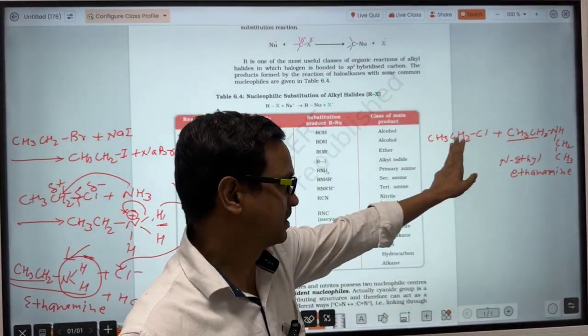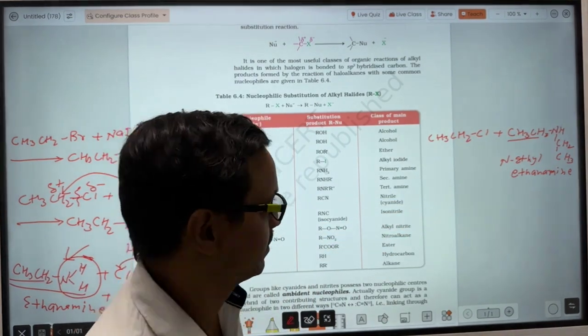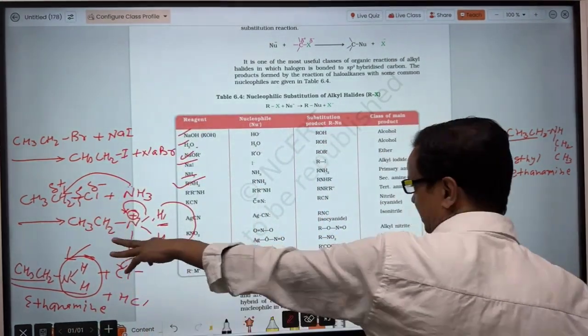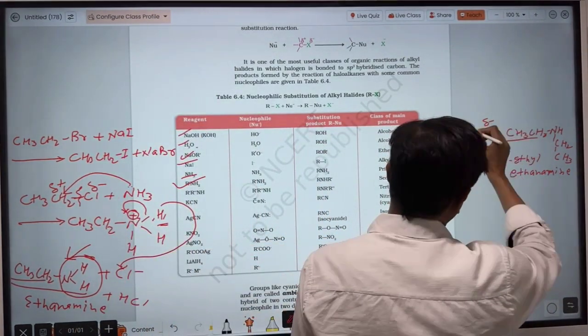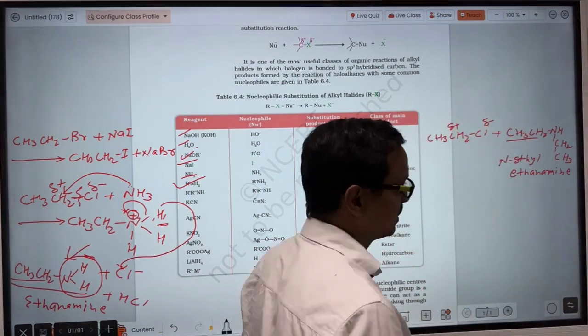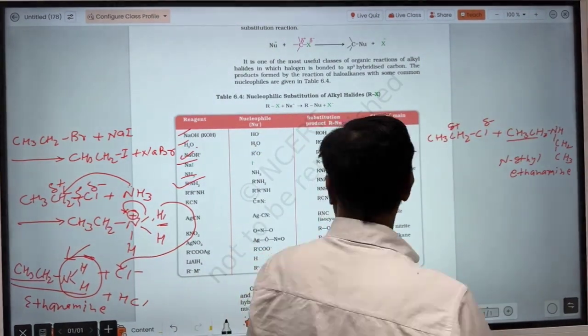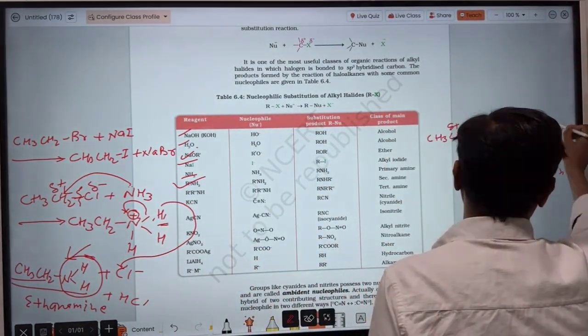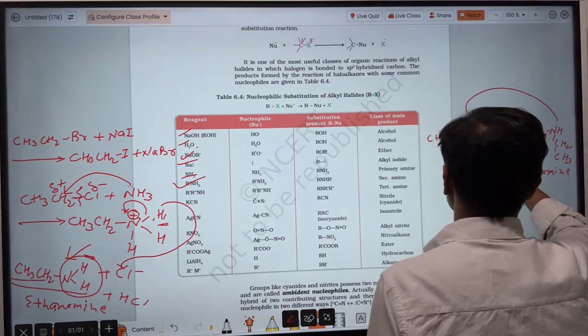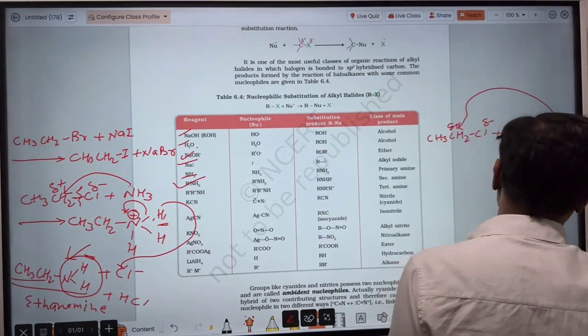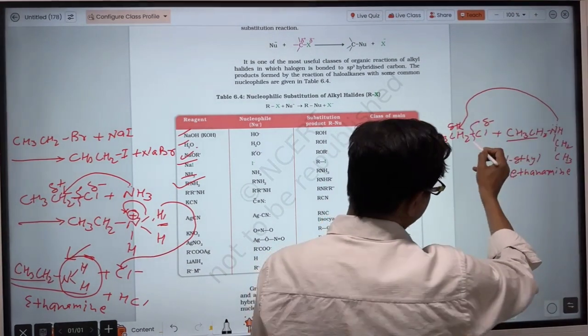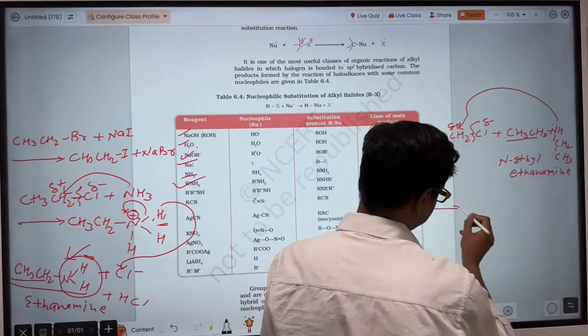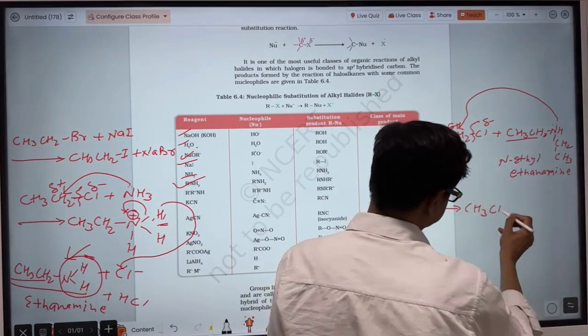So here I am reacting chloroethane with N-ethylethanamine. Same here as we did before. Here there is a slightly negative charge on this carbon and a slightly positive charge on the other. At the nitrogen atom, there is a lone pair of electrons. So this nitrogen will attack this alpha carbon atom. Then after there will be cleavage of this C-Cl bond. So the compound will be